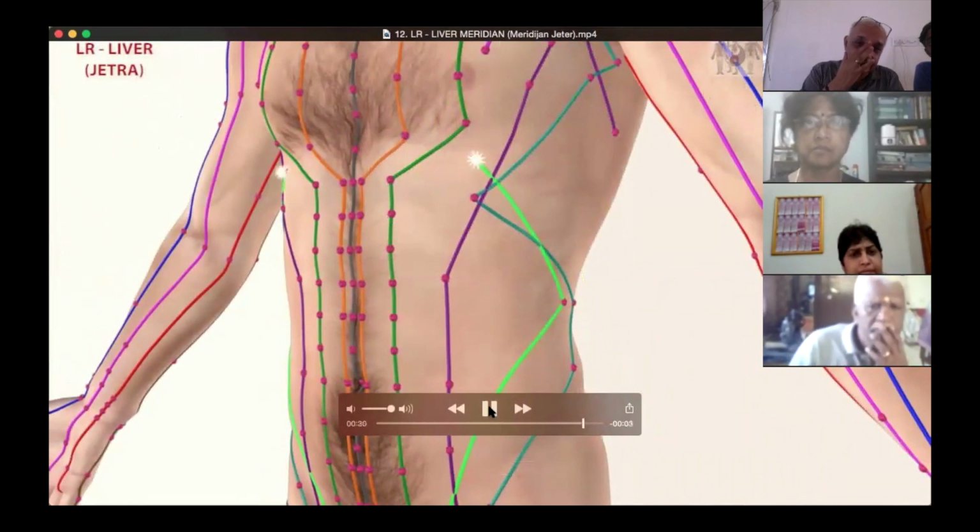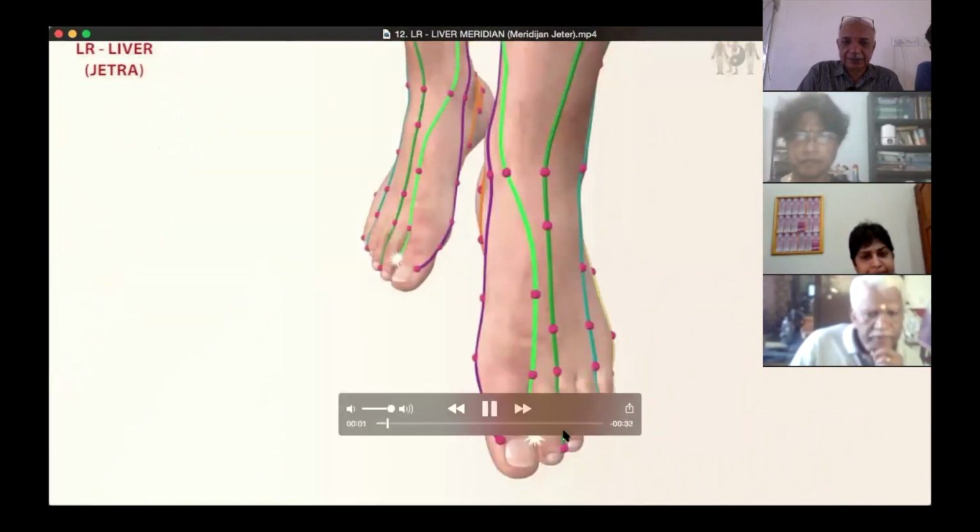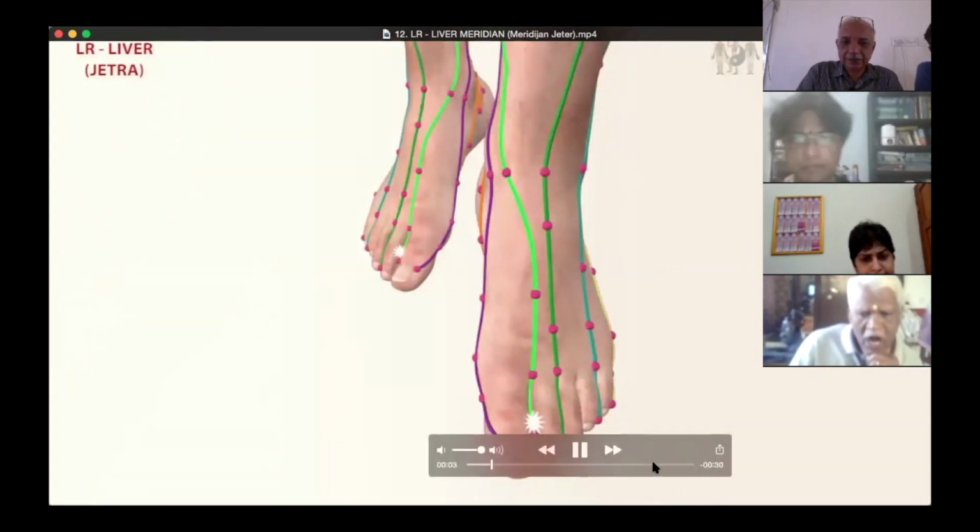It ends there. This you can go on watching. See, it starts